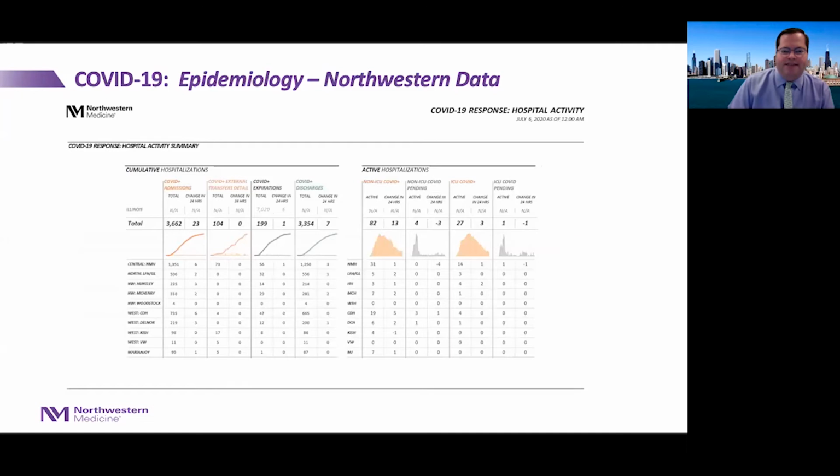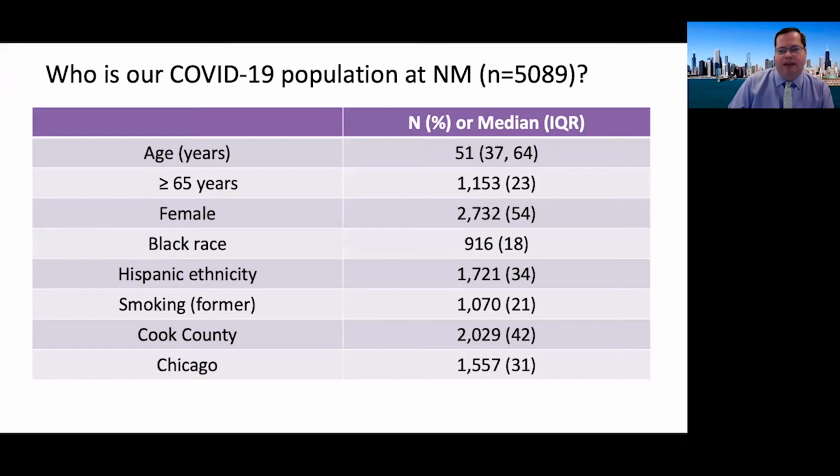Overall, we've had a little over 3,600 individuals admitted to the various NM hospitals, about 1,300 at Northwestern. Thankfully, we've seen a significant decline in the number of hospitalizations over time, particularly in the ICU. Next slide. Looking at data from the EDW, when we took this snapshot, which is a few weeks old, we